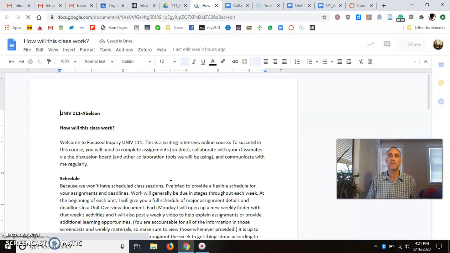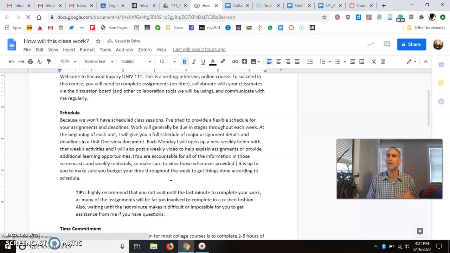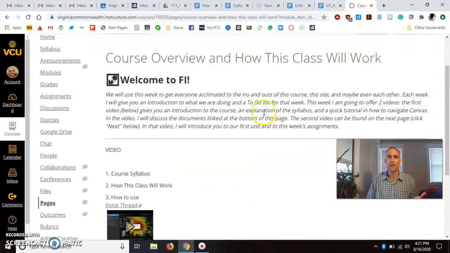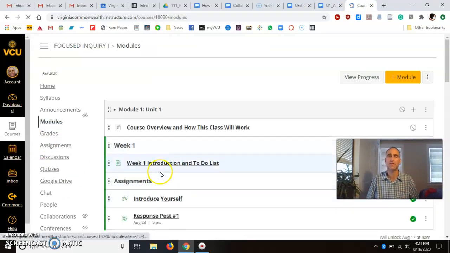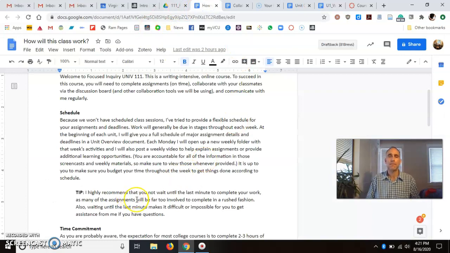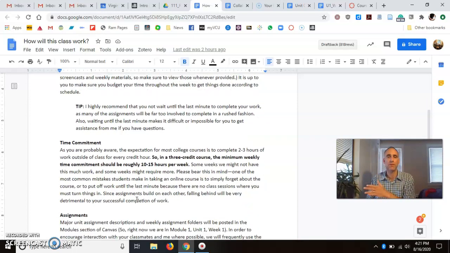But this document spells out pretty clearly how each week is supposed to unfold. On Mondays, I will post the videos and the assignments for that week in the module. As you can see here, as I will do this week, it's not there just now, so you can't see it, but it will be available right here. And then the assignments for the week will be listed below. Sometimes there will be some staggered deadlines during the week, but those things will always be laid out there. But usually something will be due in the middle of the week, and then everything else will be due on Sunday night at midnight, or at 11:59 p.m., so we don't confuse things.